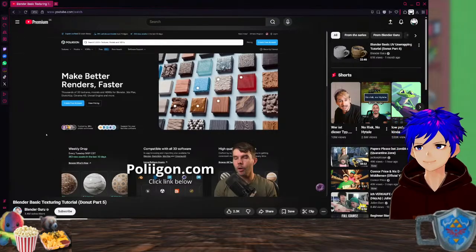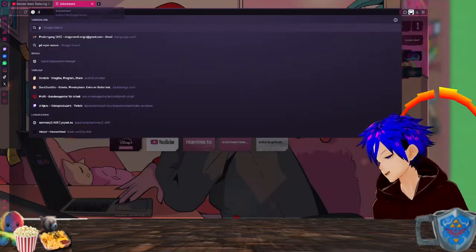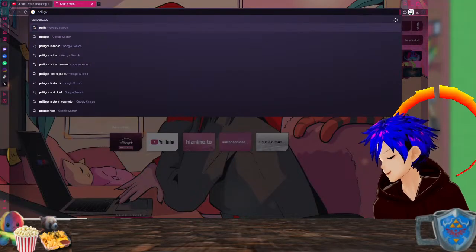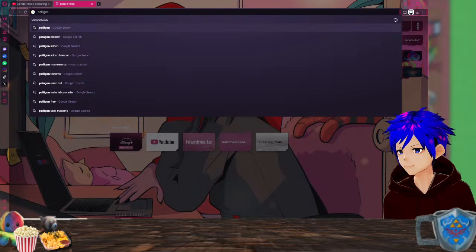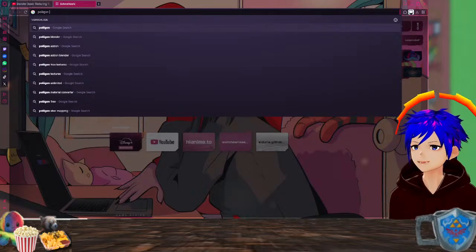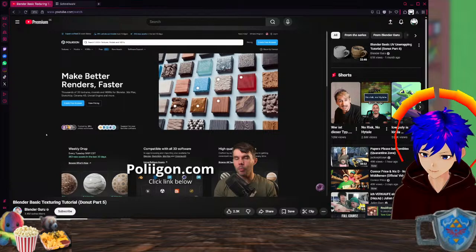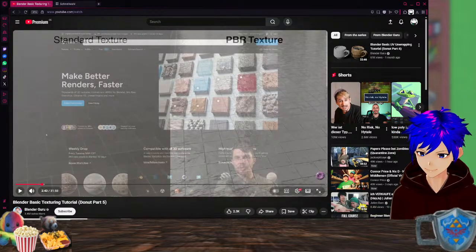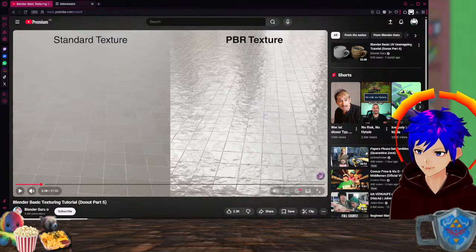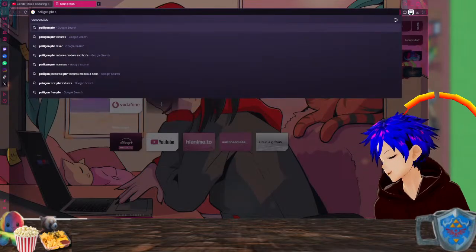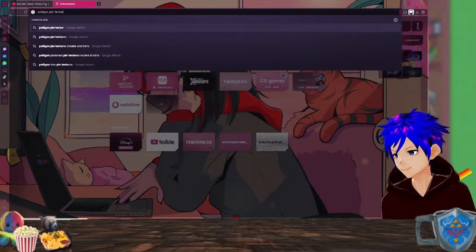Okay. Let's be that cheap. Polygon. What kind of texture do you want me to use? PBR texture. PBR textures.